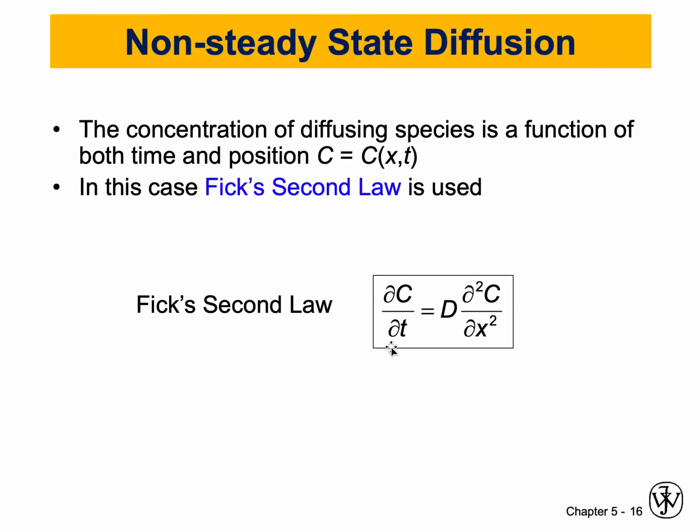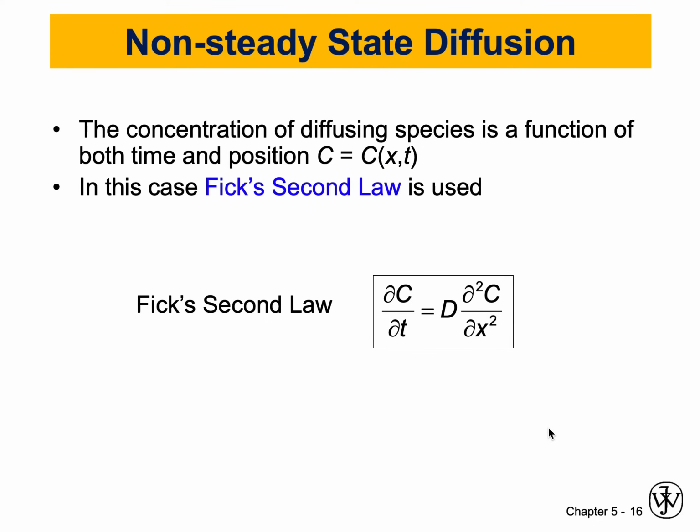is described. Please remember from calculus, if you have a variable that depends on two other variables, we need to do something called partial derivatives if we are talking about rates, which is change with respect to time. So Fick's second law is saying that the partial derivative of concentration with respect to time equals D multiplied by the partial second derivative of concentration with respect to position. And in this formula, we incorporate both position and time to calculate the concentration. And this is what we call the non-steady state diffusion.